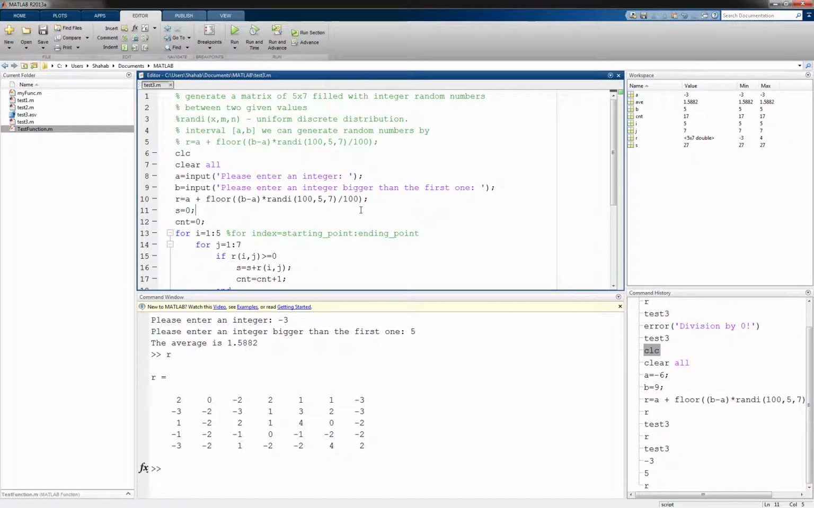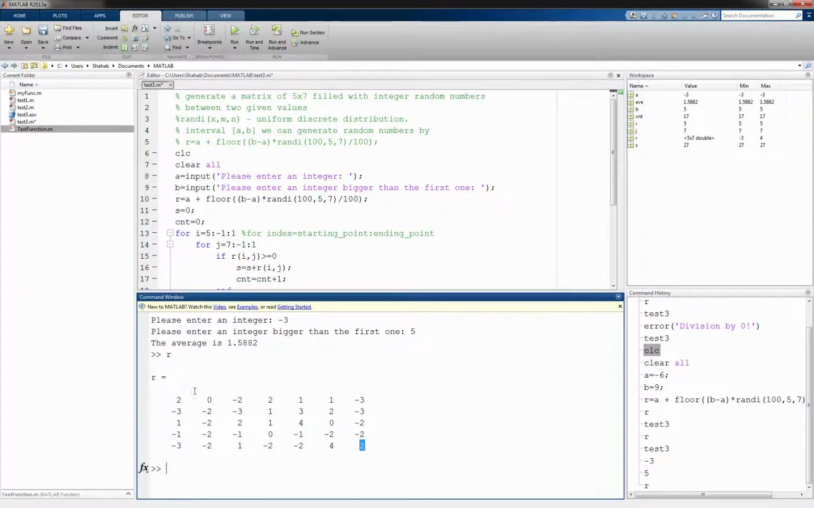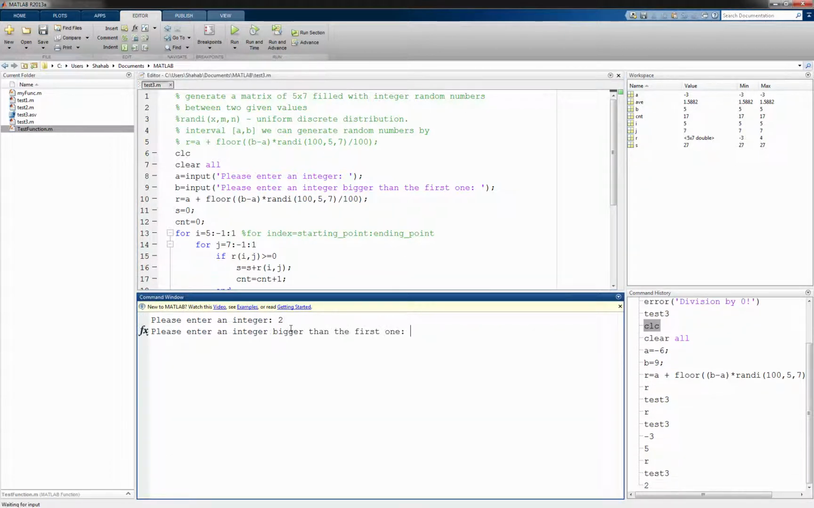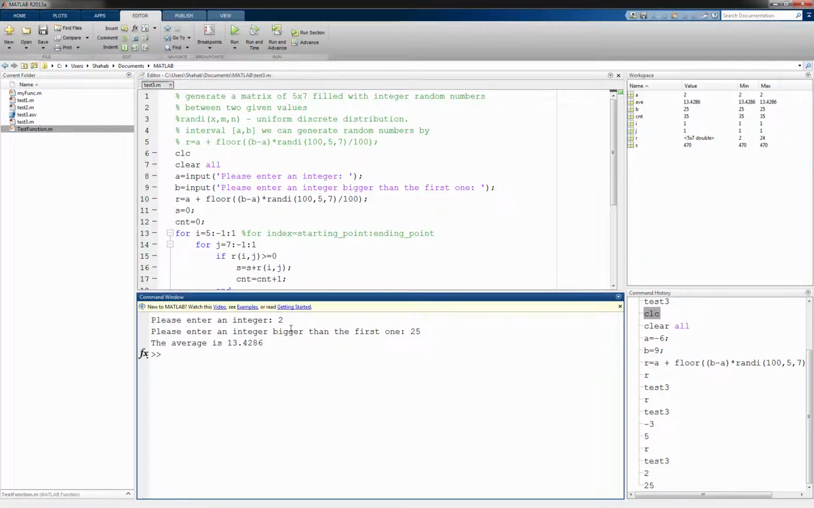Now you have to note that when we are using for, as I mentioned, we can go in this form from 1 to 5, and the step is 1 by default. What if I want to go from 5 to 1 and from 7 to 1? Because the step size is 1 by default, I have to define a step size of -1. So I start from here and go to the first one. I enter, let's say, 2, and I enter, let's say, 25, and it says that the average is